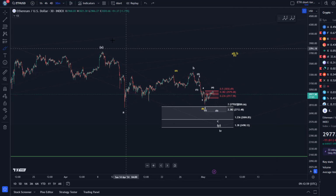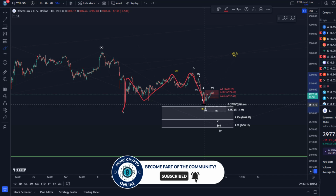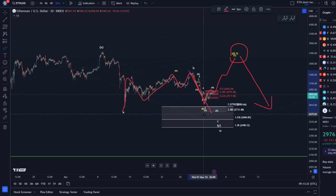Flat corrections are so-called 3-3-5 movements. We have 3 waves in yellow wave A. We have 3 waves in yellow wave B. And then it would be a 5-wave move in wave C. And then we could have a chance from there to start the entire move down, which is ideally happening now here, okay? So I'm not suggesting we go to new bear market lows or anything,